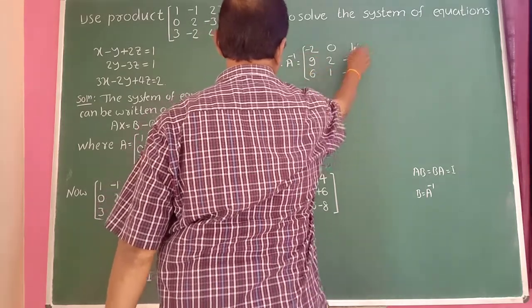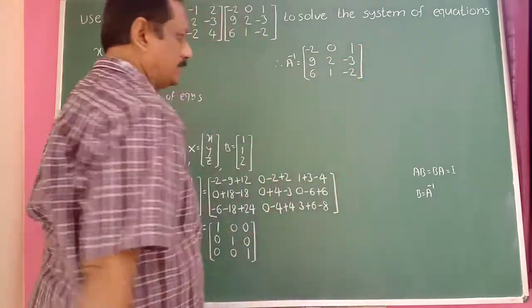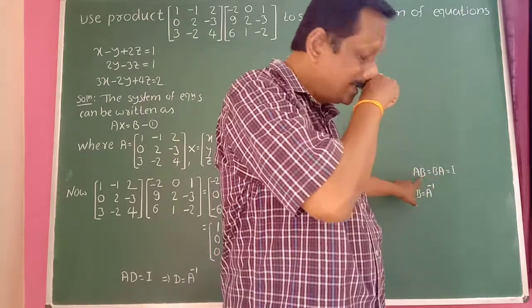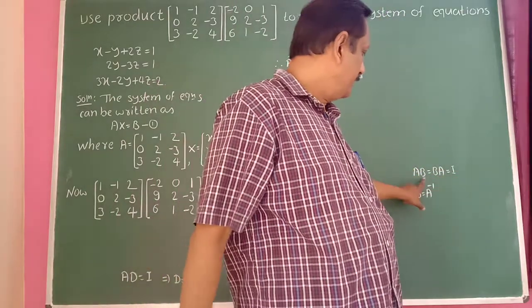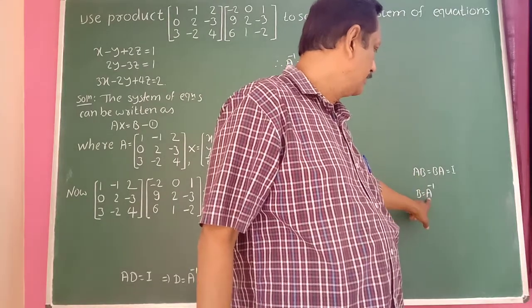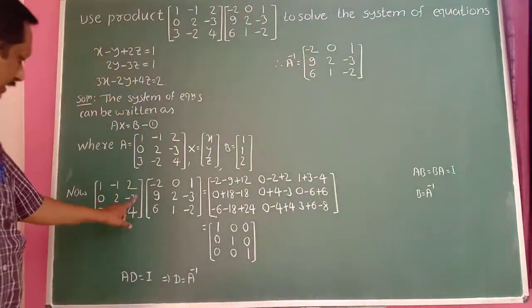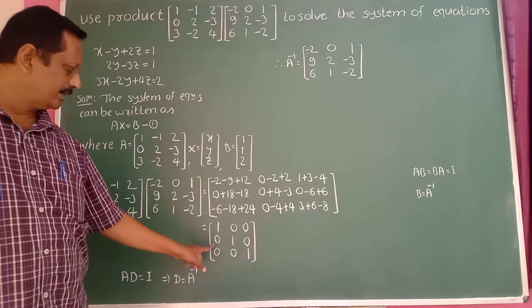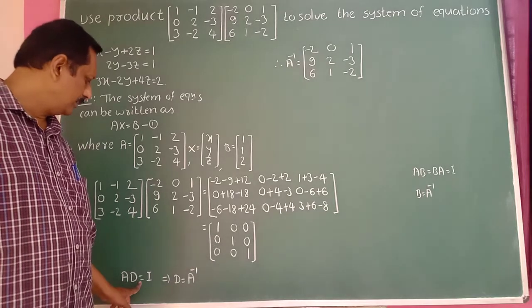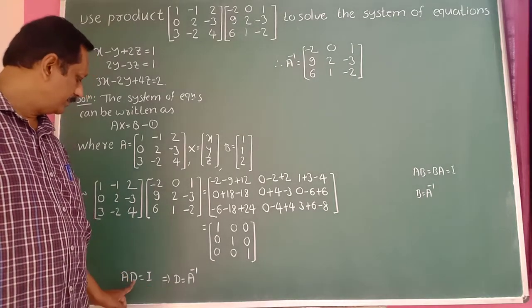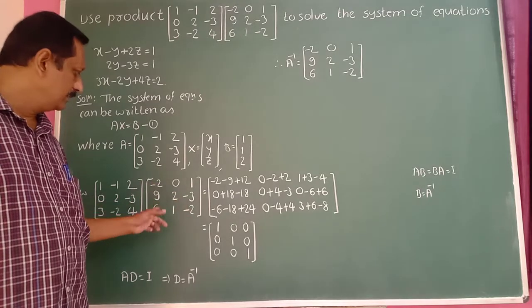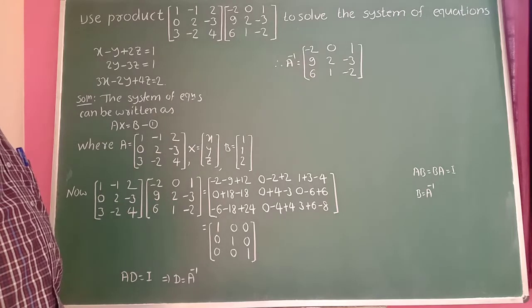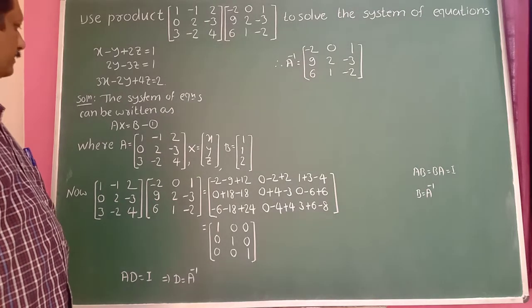Okay, you are using that definition of invertible matrix here. If A into B is equal to B into A is equal to I, then A is invertible here. Then B is inverse of A, hence B is equal to A inverse here. This is a matrix A, and consider this matrix as a D here, and this is an identity matrix here. A into D is equal to I. This implies D is equal to A inverse. Means this is a inverse of this matrix here. So A inverse is minus 2, 0, 1, 9, 2, minus 3, 6, minus 1, minus 10.